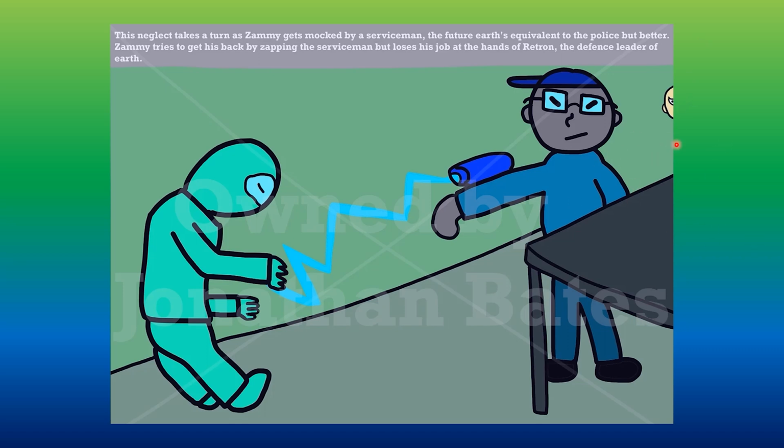So also in stories, despite having the status quo, a protagonist day to day will often have their low points, and Zami in this case keeps getting mocked and bullied all the time, which you would also see bits of later on in the story. And this time he took it a bit too far. He's got his weapon rejected again. He's taken it out on someone, a serviceman, mind you, which as mentioned, they are like the police, the ambulance, and any other emergency service merged together. Pretty busy job. It's just representing the evolution of security and efficiency within Earth in the future,